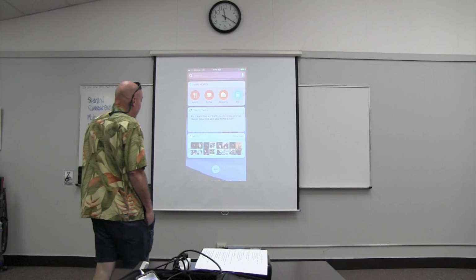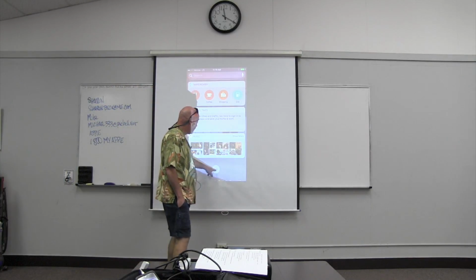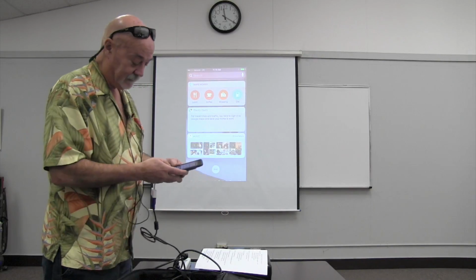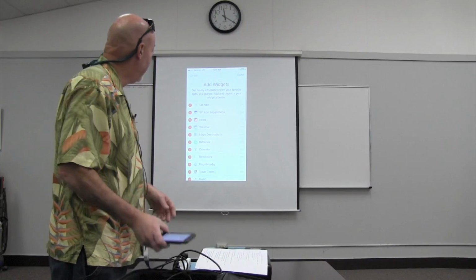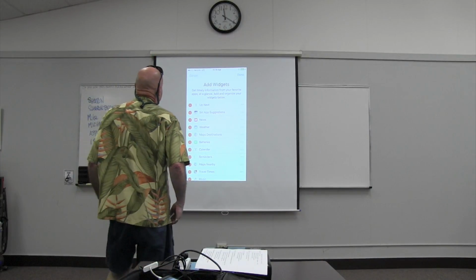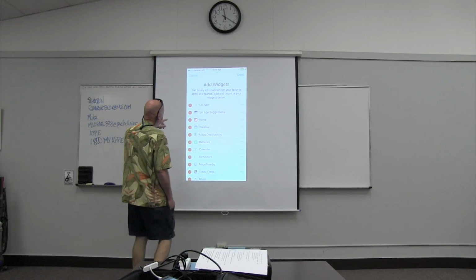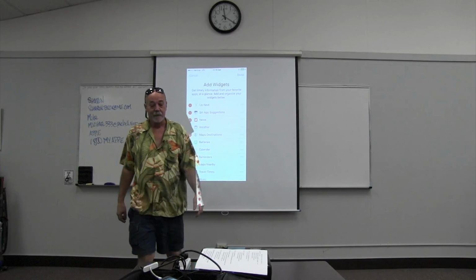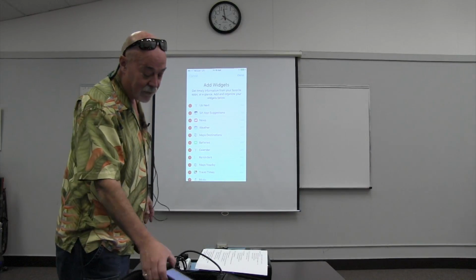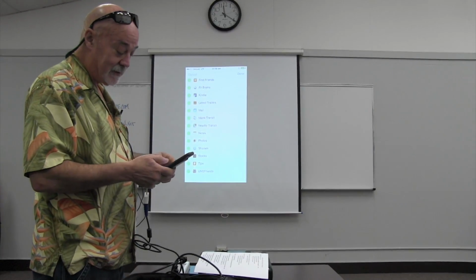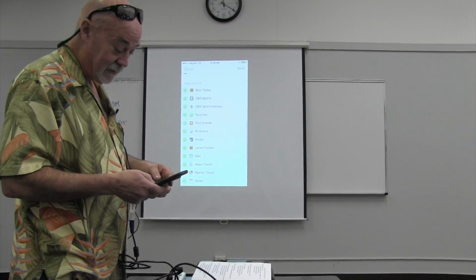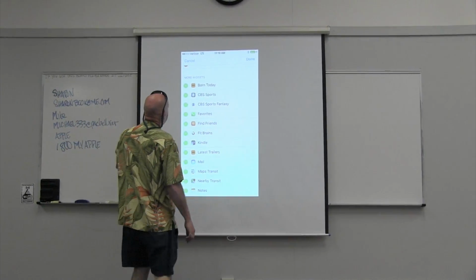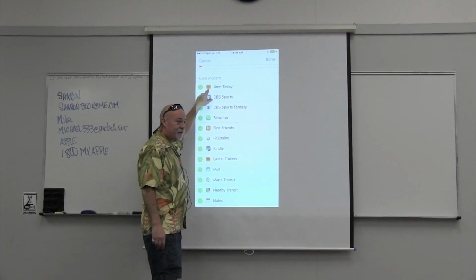And you can also edit what goes on here. The bottom here, hit the edit button. These are the widgets you can add. The other ones are already here. I've already got weather, maps, destination, batteries, calendar, reminders, maps nearby. So all that stuff will show up on mine anyway, but these down here are the ones I don't have on there. I can put Born Today from Internet Movie Database